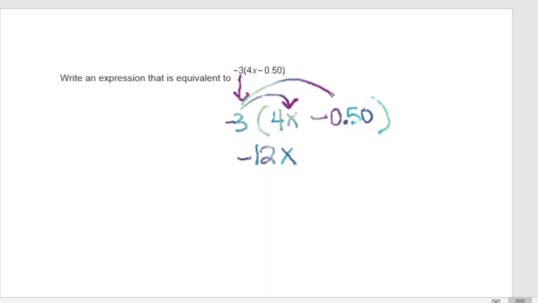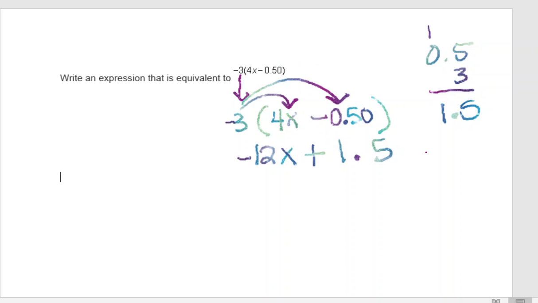And we need to multiply -3 times -0.5, which is going to give me a positive, and 0.5 times 3 is 1.5. So our equivalent expression after expansion, so we expanded the expression by using the distributive property to get